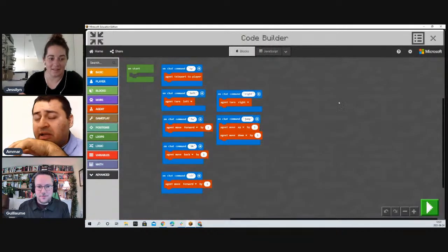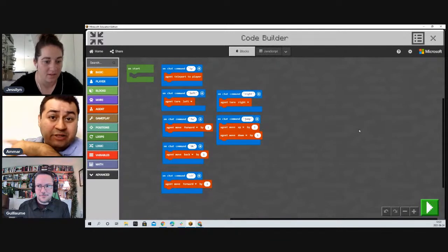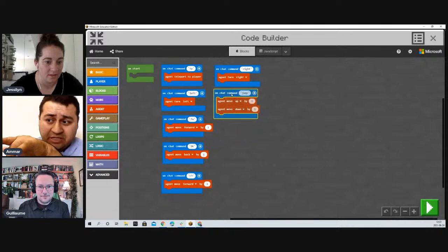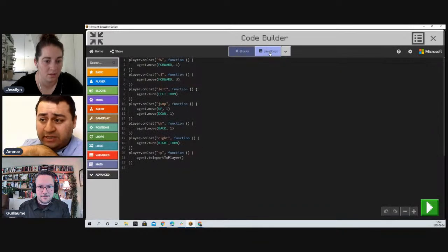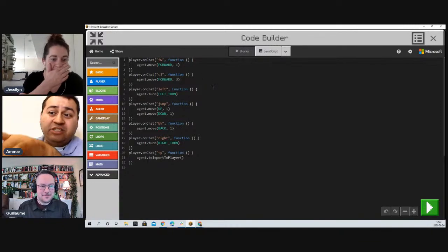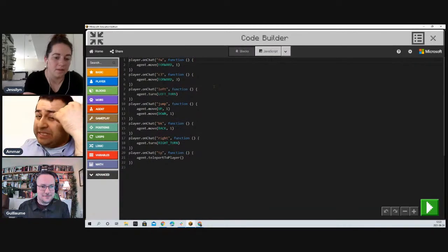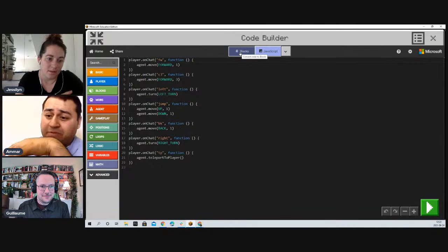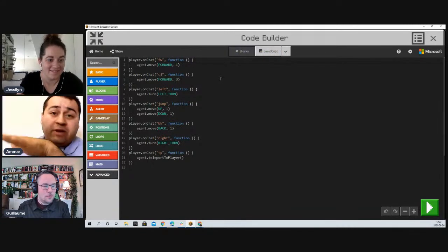Of course. I remember I told some of my friends that you can also do this in JavaScript. My recommendation for everyone is to stick to blocks, but you'll notice at the top of that screen right now it's on blocks, but Guillaume can even change this over to JavaScript if they wanted. If you don't know what you're doing, don't do this. This is really cool to learn JavaScript though, because take a look at all those blocks Guillaume had. It's actually changed it into JavaScript, so you can start learning the basics. Change it back to blocks and keep on going with blocks, unless you're more comfortable with JavaScript, I'll let you choose that. My recommendation is we all keep working with blocks for now, unless you're really an expert, then keep going how you're comfortable.